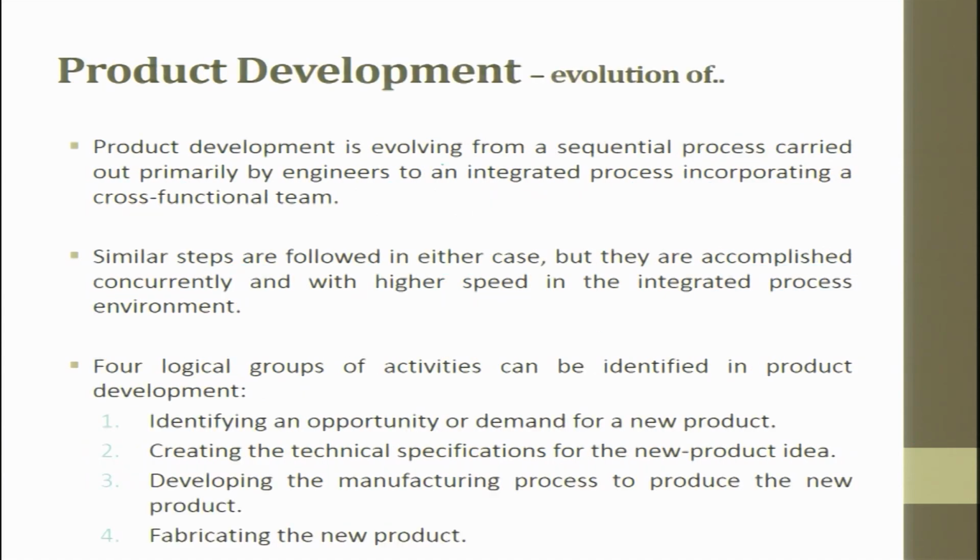The product development is evolving from a sequential process carried out primarily by engineers to an integrated process incorporating a cross-functional team. So, there will be multiple teams, these teams have to work, cross-functioning has to happen and engineers try to do a job in getting out the process. Similar steps are followed in either case, but they are accomplished concurrently and with a higher speed in the integrated process environment. Four logical groups of activities can be identified in product development. One: